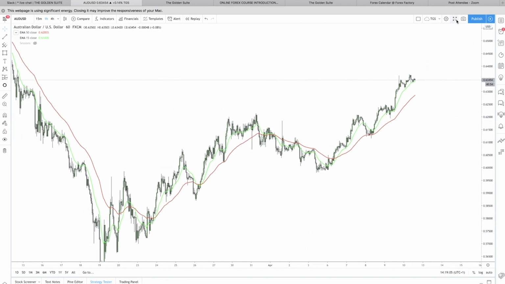Next, this will take us full screen. Okay, so we go bang, that's us in full screen, and then you can exit full screen as well. This button here will take a snapshot. So take a snapshot if you want to share it, for example, like I do with the Golden Suite community. You can take a snapshot, you can share your analysis with somebody. Also create a link, so you can send them the link and they can see exactly what you're looking at, which is pretty cool. Here you can publish your ideas, you can record a video like I am now,